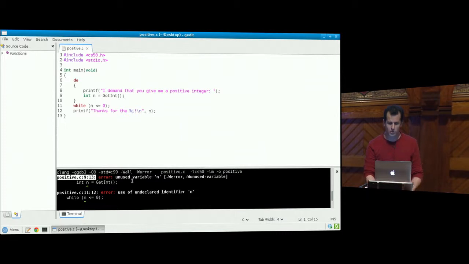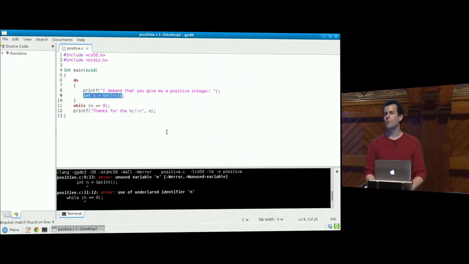And in particular, it's telling me unused variable n. So let's see. Line 9, I'm using n in the sense that I'm giving it a value, but what the compiler doesn't like is that I'm not seemingly using it. But wait a minute, I am using it. In line 11, I'm using it here. But if I scroll down further at